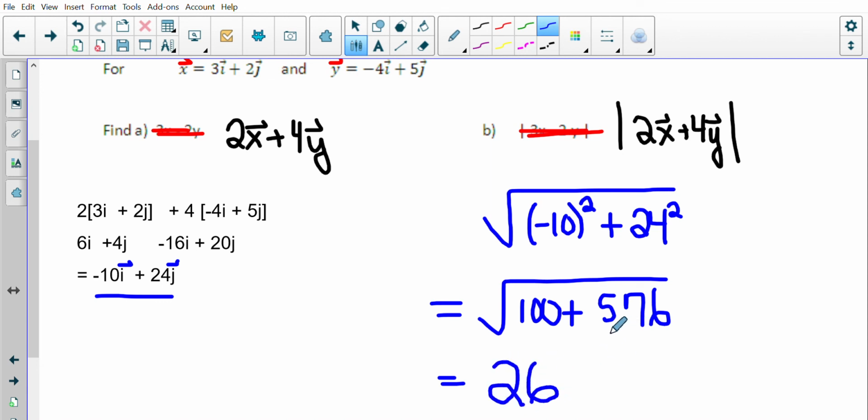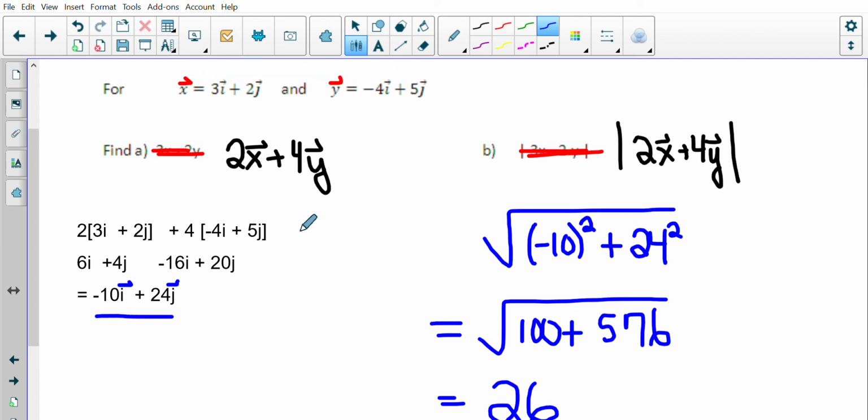And there we go. So even though we're using vectors, we're using a lot of the same skills you would use in math. You can almost treat them as polynomials. Now, where things get a little bit